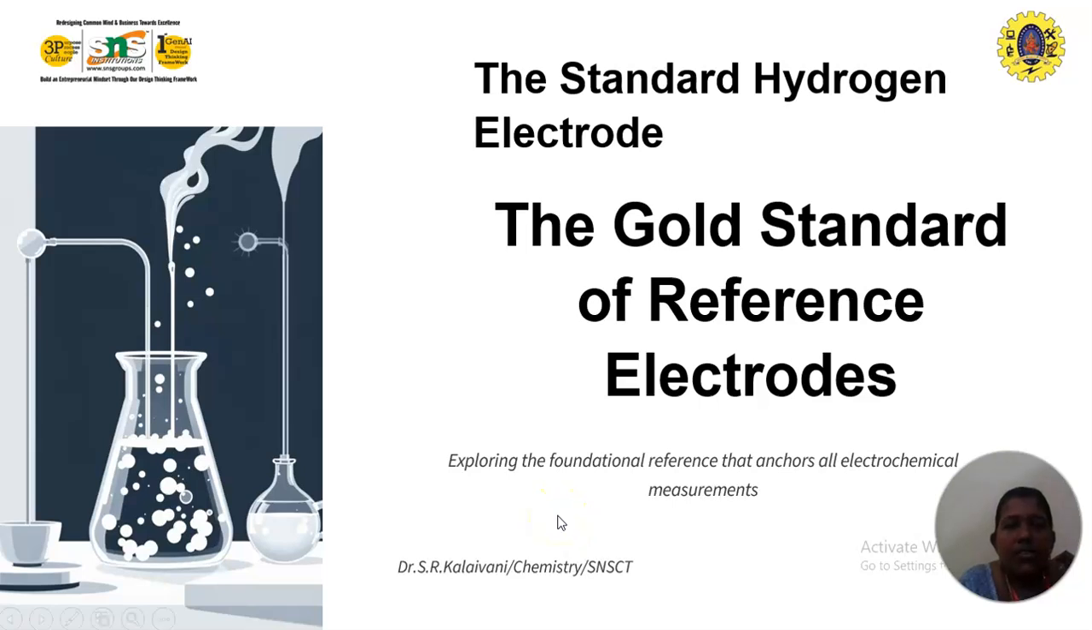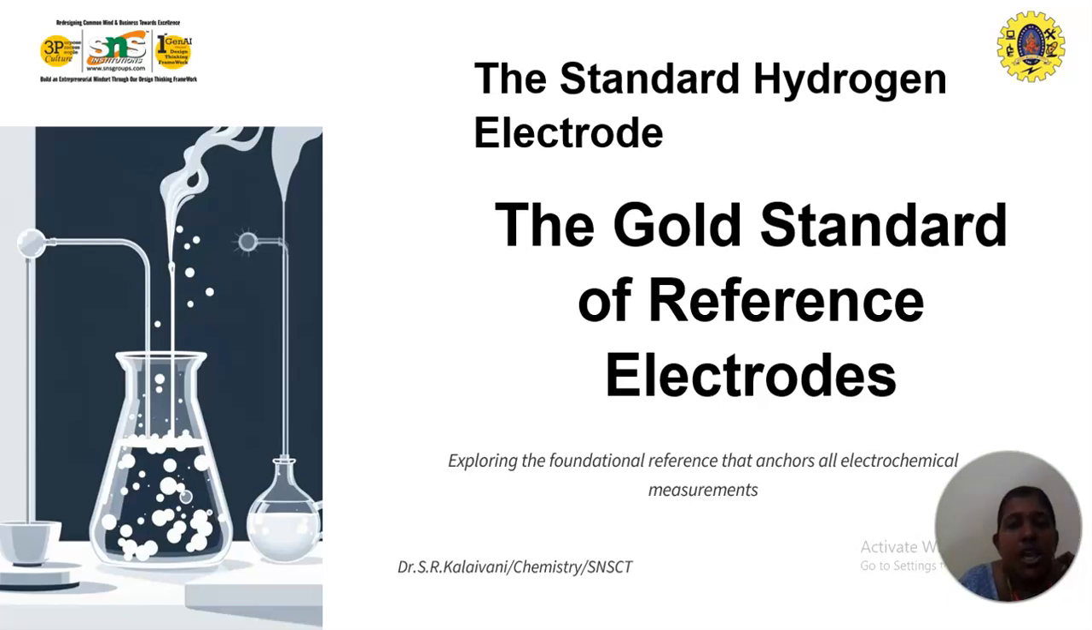Good morning. Today we are going to discuss the standard hydrogen electrode. The standard hydrogen electrode acts as a primary reference electrode. Using it, we can find out the EMF of the cell. It is impossible to determine the absolute value of a single electrode potential, but we can measure the potential difference between